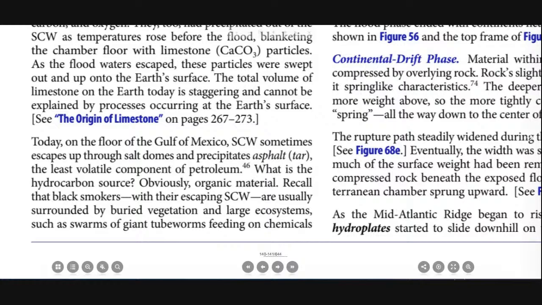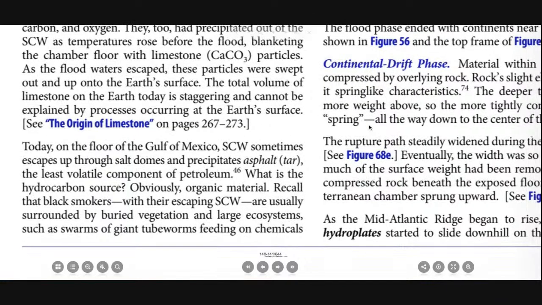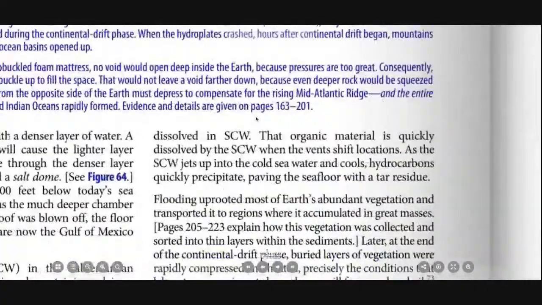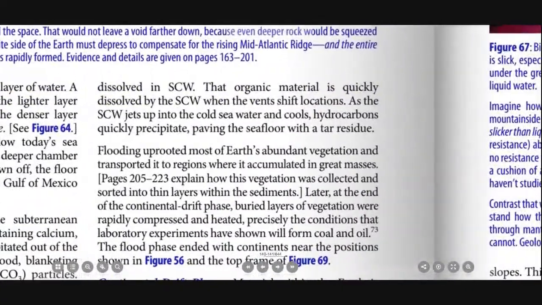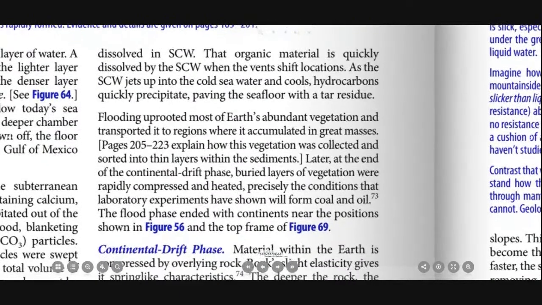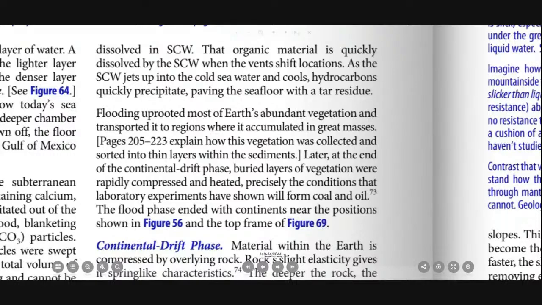What is the hydrocarbon source? Obviously, organic material. Recall that black smokers, with their escaping supercritical water, are usually surrounded by buried vegetation and large ecosystems, such as swarms of giant tube worms feeding on chemicals dissolved in supercritical water. That organic material is quickly dissolved by the supercritical water when the vents shift locations. As the supercritical water jets up into the cold seawater and cools, hydrocarbons quickly precipitate, paving the seafloor with a